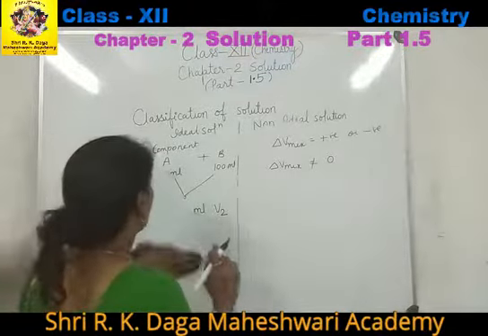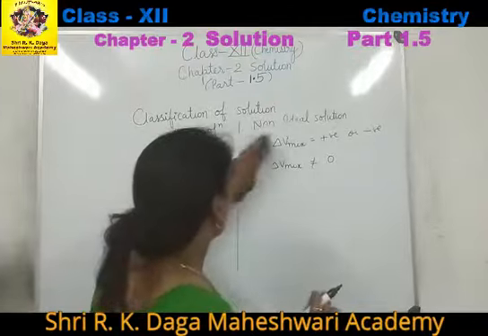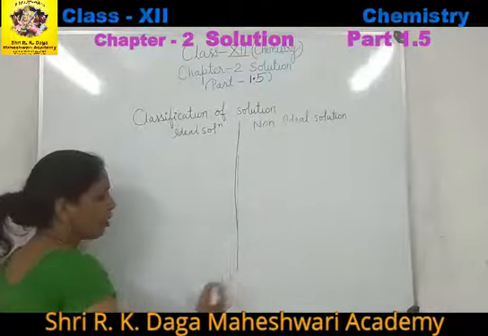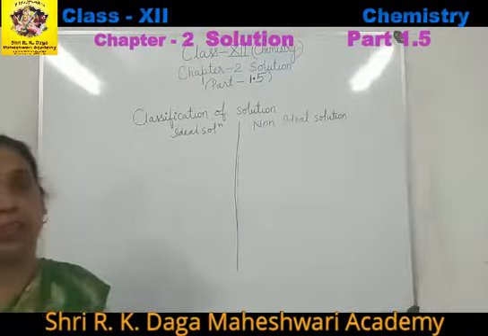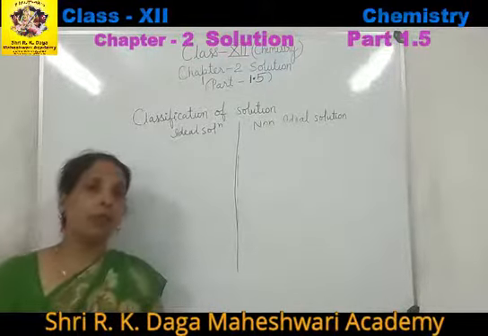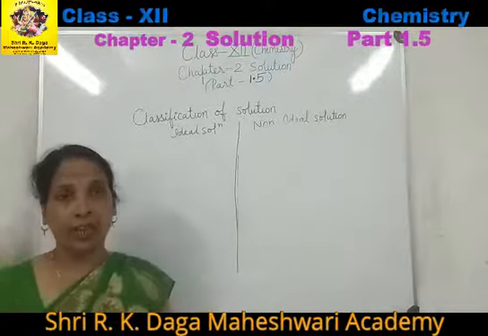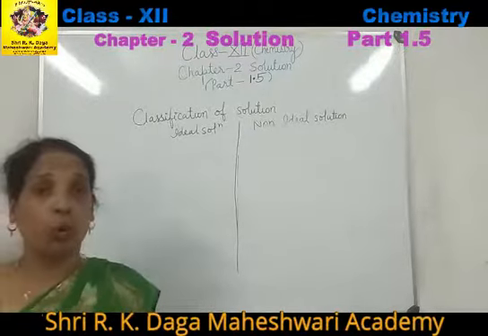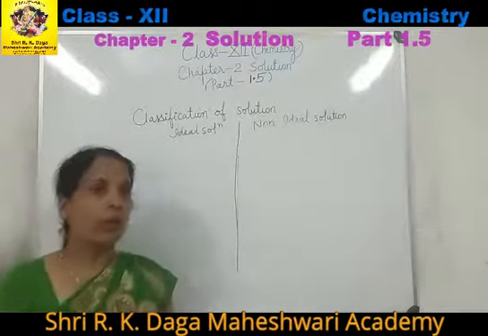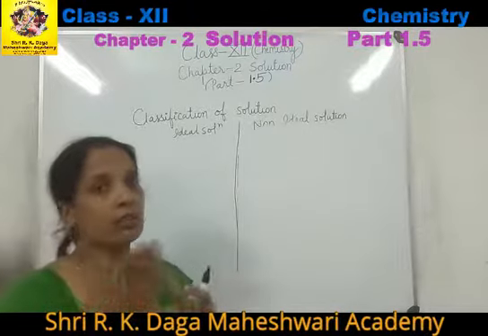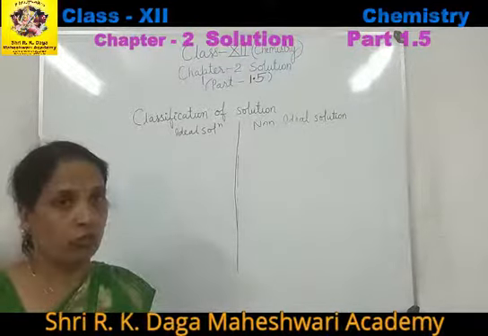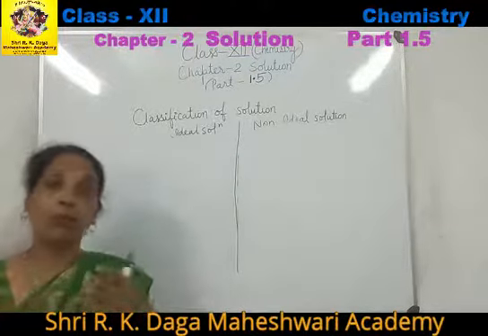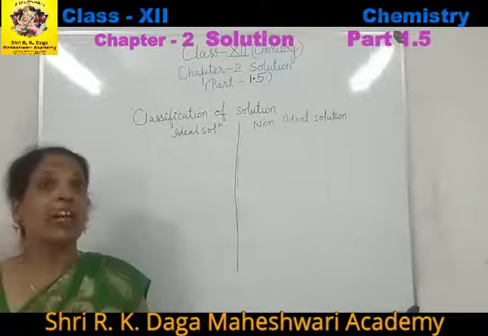Now the fourth difference between ideal and non-ideal solution. Whenever we mix two components, in 9th and 10th standard as well as in 11th class practicals, whenever we mix two or more reagents together, sometimes we feel that our test tube becomes hot and sometimes we observe that our test tube becomes cold. What does it mean? When the test tube becomes hot, it means during the mixing heat is liberated, when the reaction is exothermic in nature. And whenever we feel that the test tube is cold, it means the heat is absorbed from the surrounding, means the reaction is endothermic in nature.